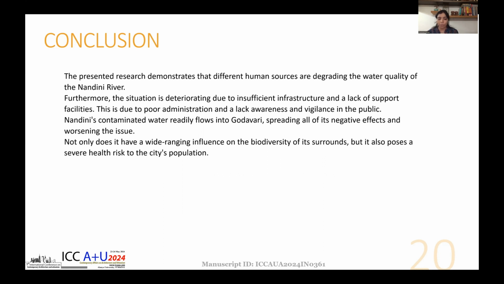Nandini's contaminated water readily flows into the Godavari, spreading all of its negative effects and worsening the issue. Not only does it have a wide-ranging influence on the biodiversity of its surroundings, but it also poses a severe health risk